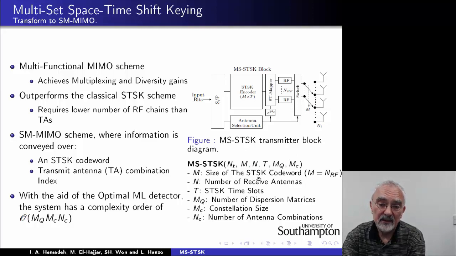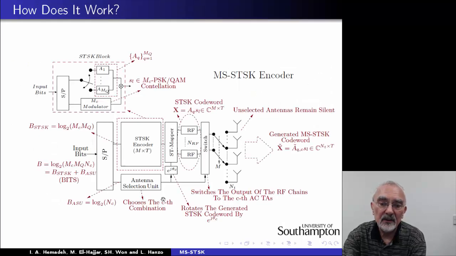The trouble is, however, that the complexity, I mean the detection complexity, becomes relatively high. And so in this treatise we also proposed a reduced complexity solution that can work as well as the optimal maximum likelihood detector. So let me elaborate a little further, although this is a busy schematic. In the top left-hand corner we can see the original space-time shift keying scheme, and so after this serial parallel converter we've got the classic